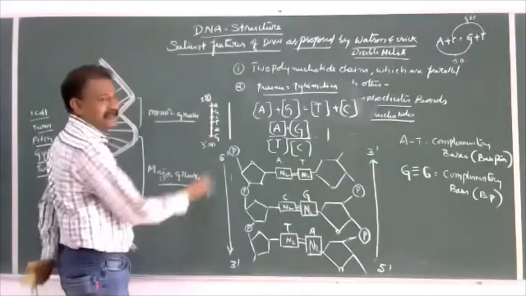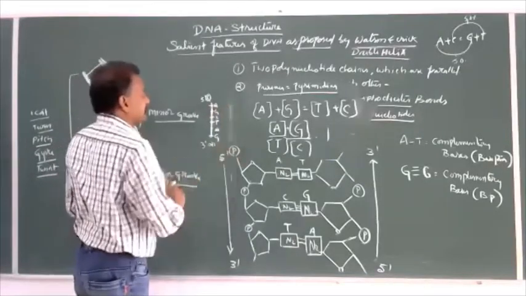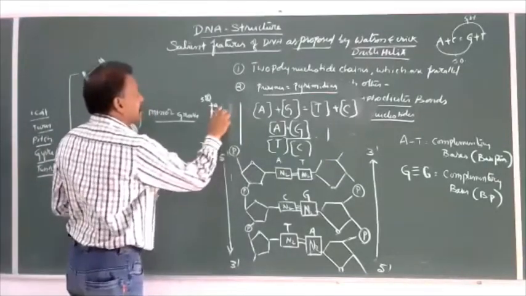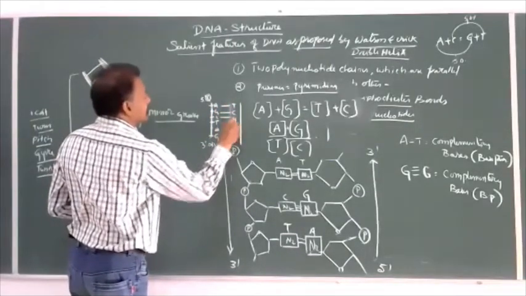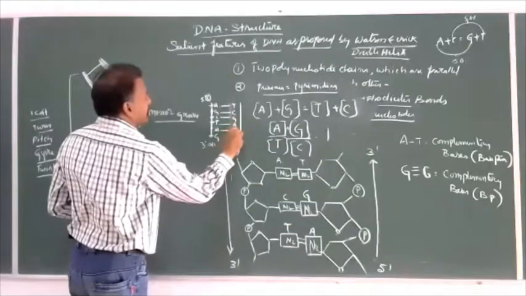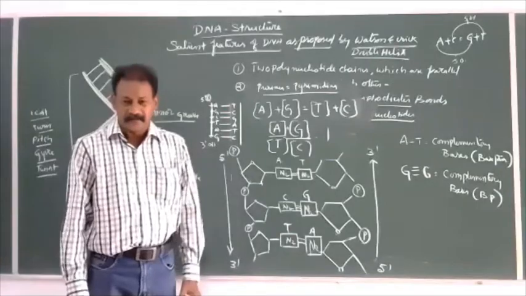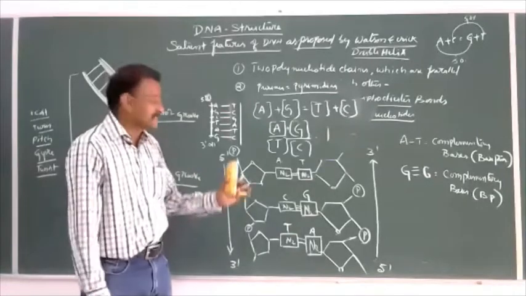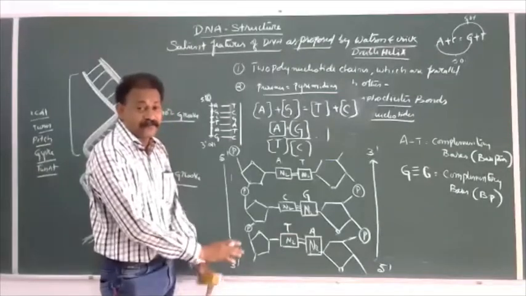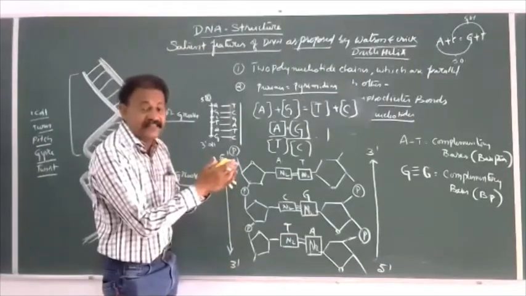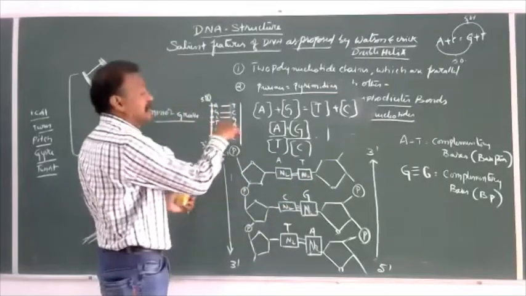So automatically, keeping in view of base complementation, on the other polynucleotide chain, there should be T, there should be C, G, A, T. This is called base complementarity, complementary base pairs, which is existing in the DNA. Now, if complementary base is not existing, if they are not following these rules, for example, if a purine bonds with another purine,